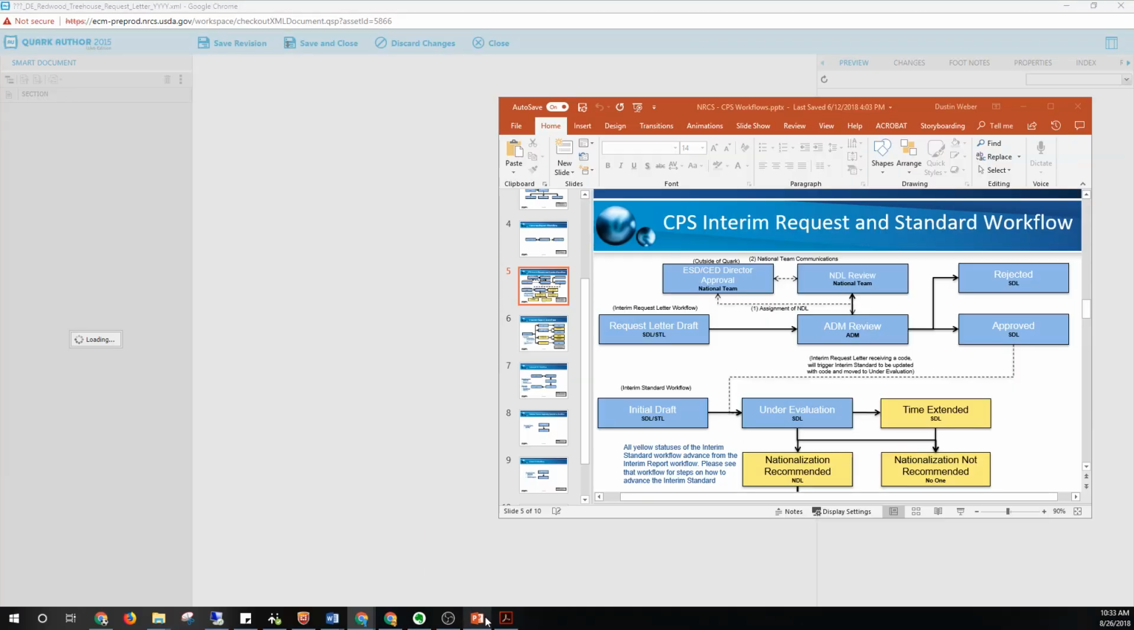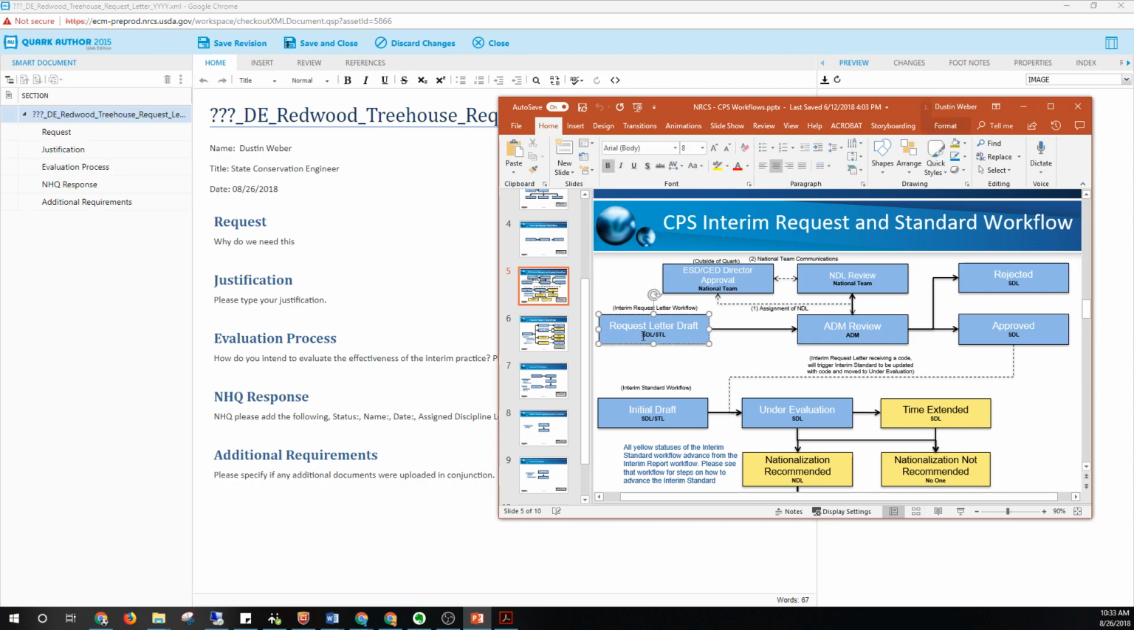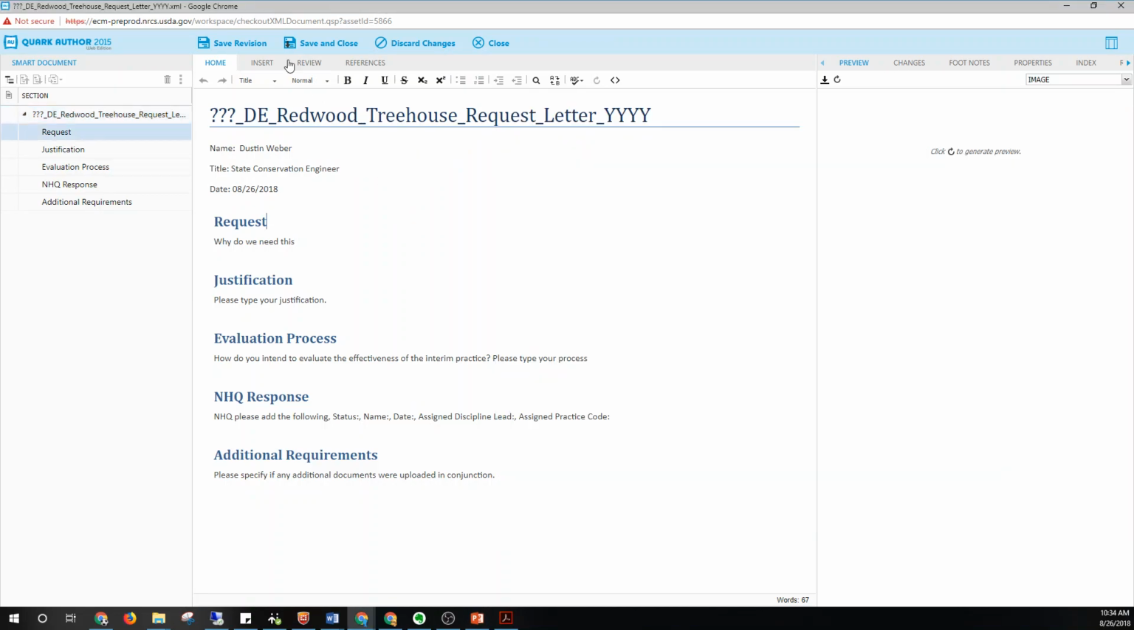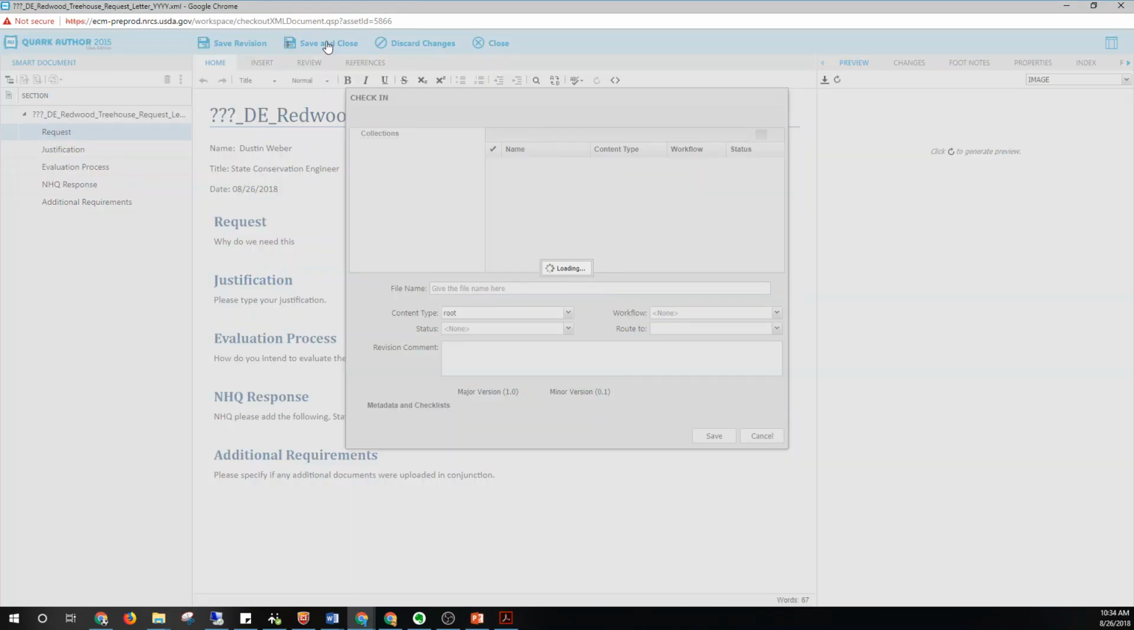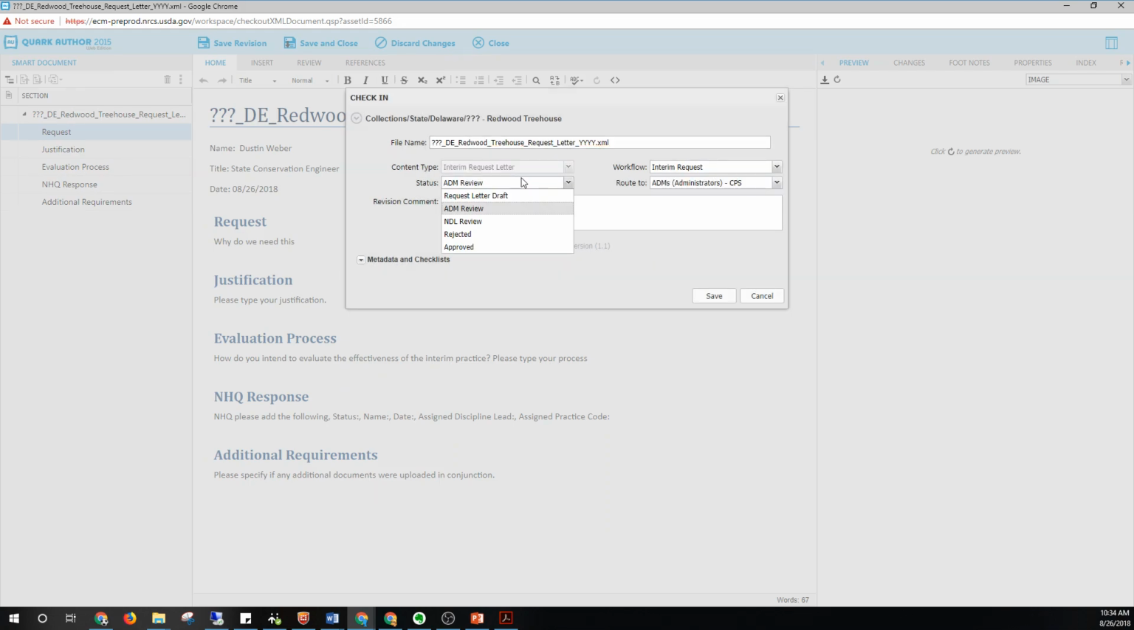And let's take a look back at our workflow real quick. As the SDL or STL, you created this request letter draft, and now you have routed it to the ADM. So this is an inside look at what the ADM process looks like. The ADM is going to check out your document, read it over, and then talk with the national team on who that NDL is going to be, and that's done outside of Quark. Then inside of Quark, we're going to go to save and close,